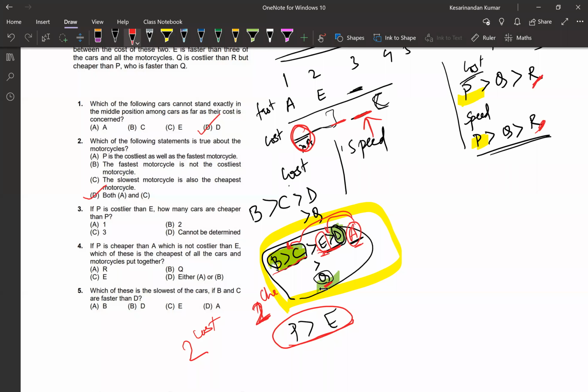If I had the options 1, 2, 3, and 4, then I could probably have gone with the options, because there was no CBD. Then we could have said that 2 are definitely costlier, 2 are definitely cheaper, and somewhere around we could have said that. You will face such questions when we move to more challenging questions, and sometimes the strategy is you will have to hold off such questions and move to other questions.